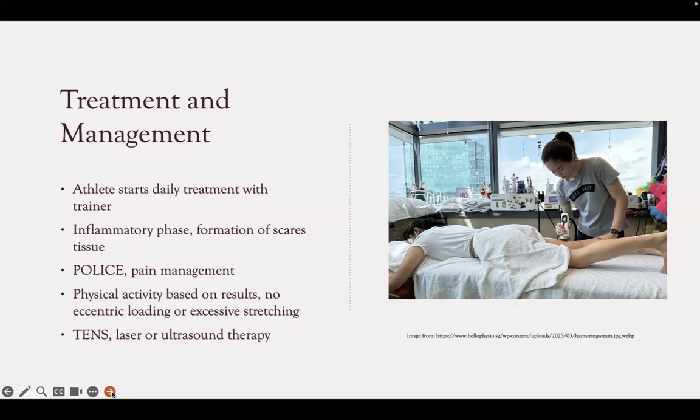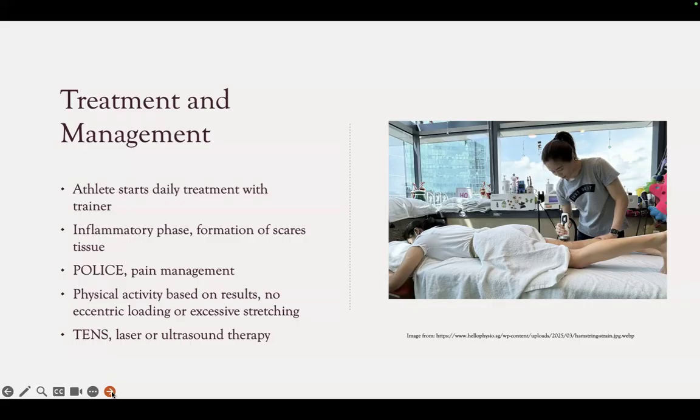There is no eccentric loading or excessive stretching. The athlete is working with an athletic trainer or maybe even a physical therapist doing the treatment, but basically the athletic trainer is most responsible for the treatment, helping the athlete with pain management,